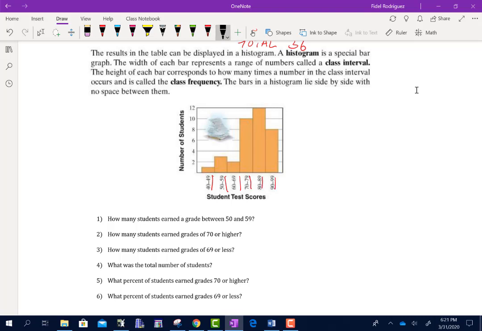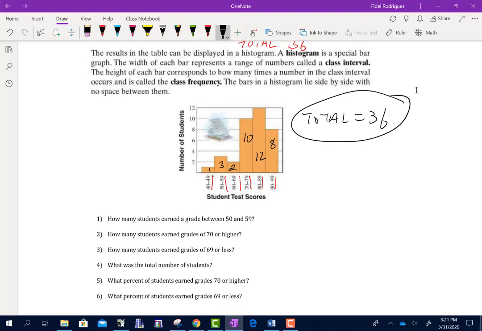So the first thing I'm going to do is label these. So those are 2, 4, 6, 8, 10. This here means that there was one person who scored between a 40 and a 49. If it's between 2 and 4, there's 3 people here, 2 people here, 10 folks there, 12 folks here, and 8 right there. Let me fix that 12 so it looks a little bit better. There we go. Remember, I also know that my total